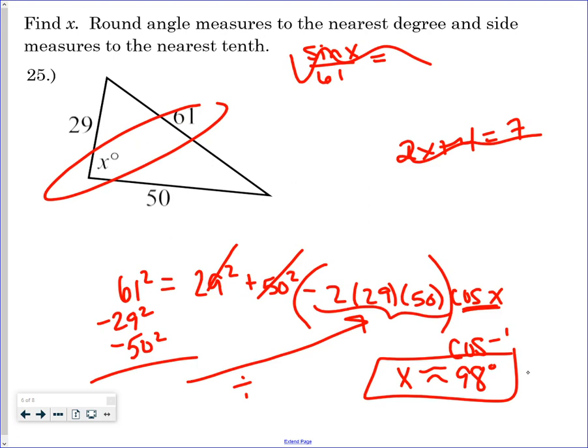Did you get it? No. Okay. 380 divided by parentheses 200. You didn't put this in parentheses like I said, so your calculator thinks you're dividing by this and then